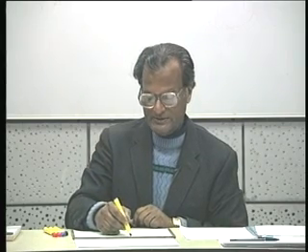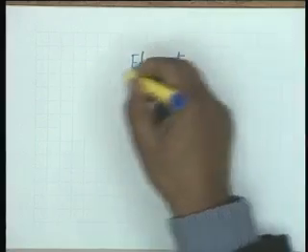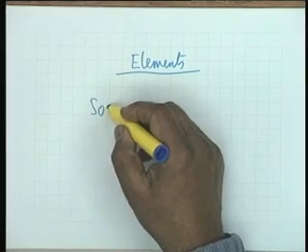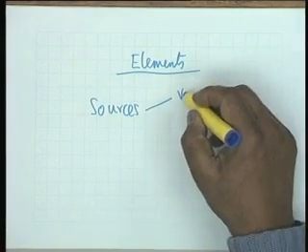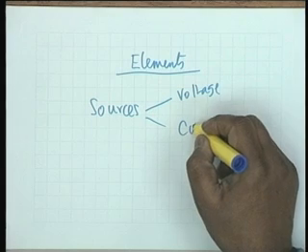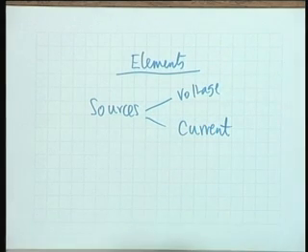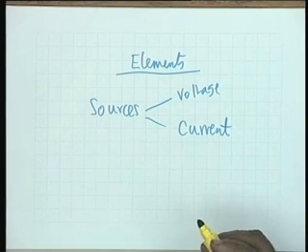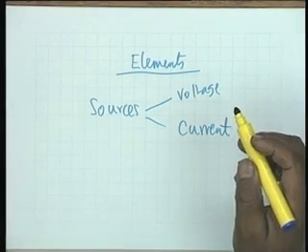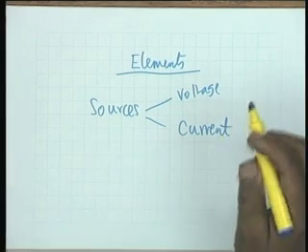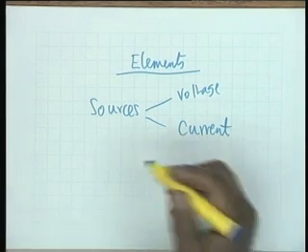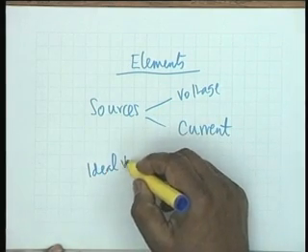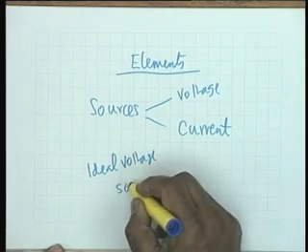Now let us look at the circuit elements that we shall be considering. Network elements or circuit elements. Okay. First we consider sources. As you already know, we can have a voltage source or a current source. They are the only two kinds of sources that we shall consider in this course, and the description of a voltage or current source always comes with an adjective, that is ideal or non-ideal, and it is important to understand what is an ideal source. First let us consider an ideal voltage source.